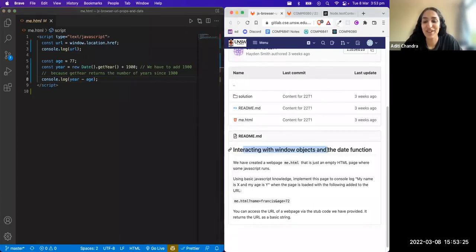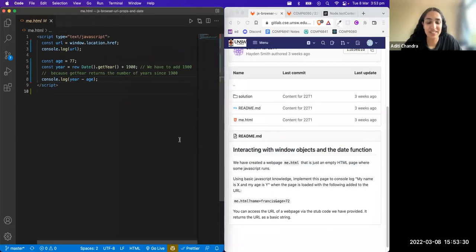is interacting with window objects and the date function. Basically what we want to do here is,